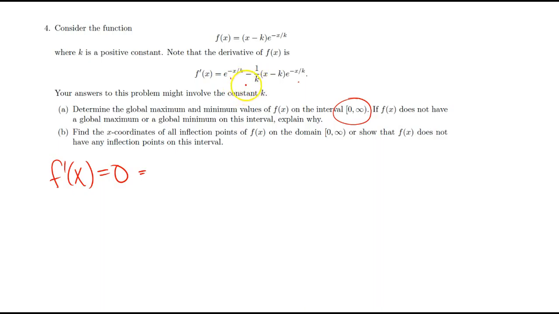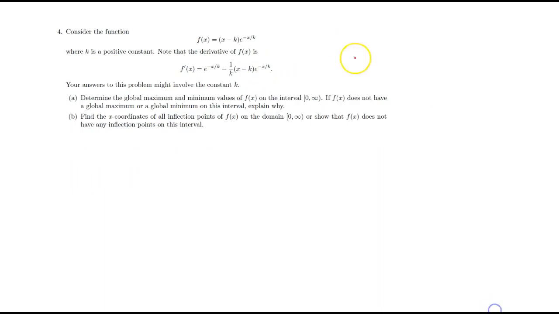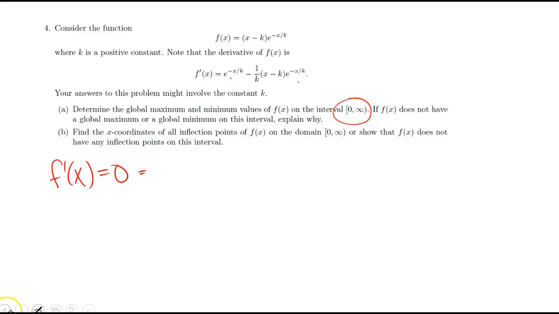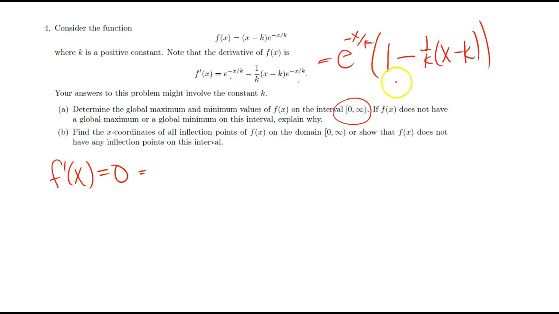Okay, so, alright, I'm going to simplify this by factoring out an e to the negative x over k. I'm left with 1 minus 1 over k times (x minus k). So notice, this is 1 minus x over k minus k over k, except when I need this to be a plus, which is